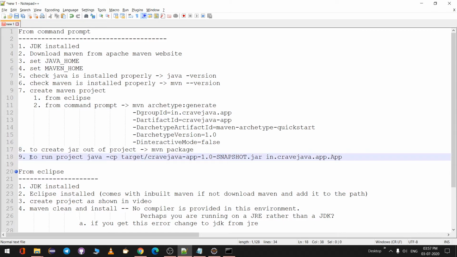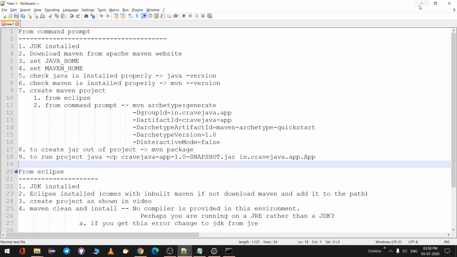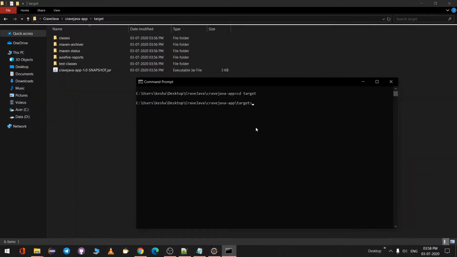The next is to run the project. You need to use this command, java cp. As you are inside the target folder, you need not mention target. Just say java cp, this is the jar name, and then the complete path to the app class. So we'll type in a command. If we run this jar file, we should get hello world.